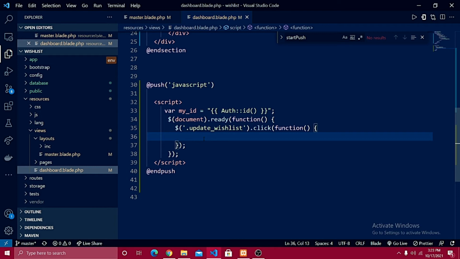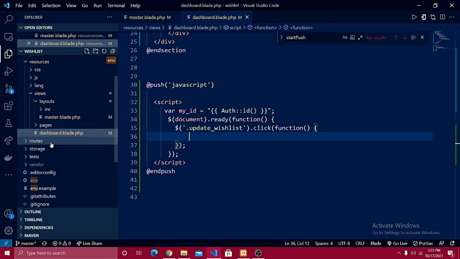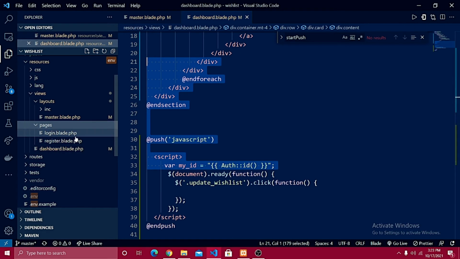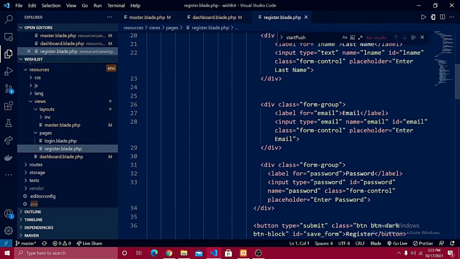So for this we have to define the AJAX setup. AJAX setup is something that I already generated. It's very simple. Whenever you have an AJAX request, most commonly it generates the header. So I'm going to go to my pages. A lot of the stuff I already did. So let me go to the register.blade.php, and I'm going to grab